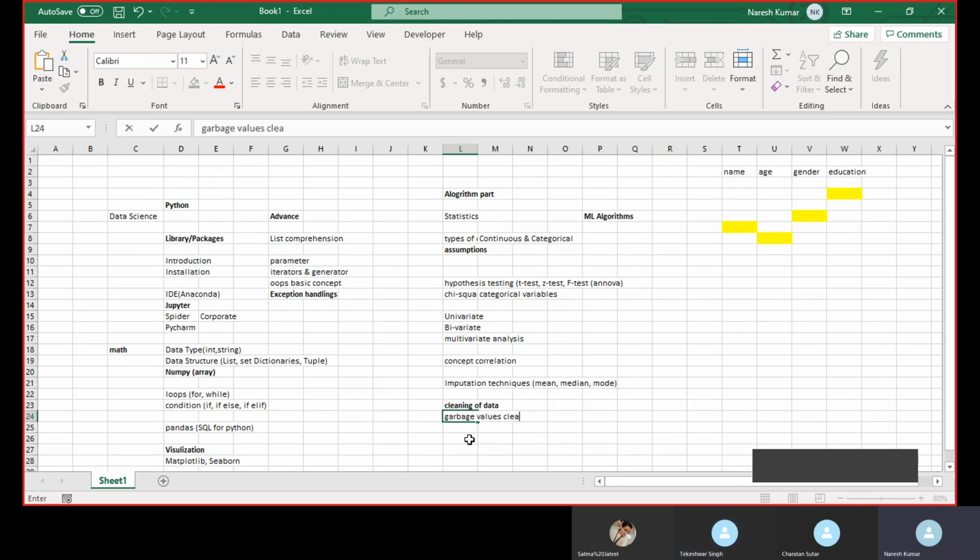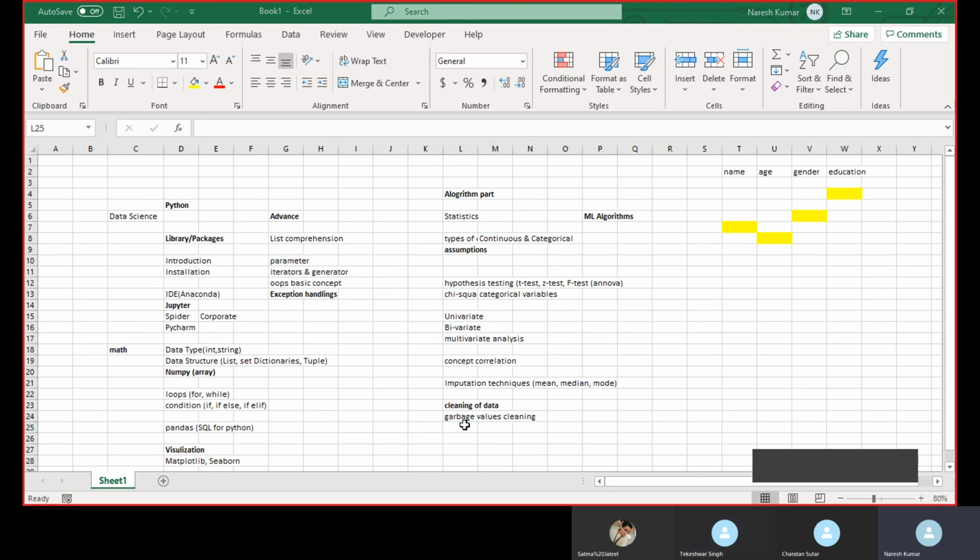For example, if a variable's data would come only after 2 weeks, sometimes the data team just puts 9999 for that time, because we will not have that data. But if we pull our data from the database and get such values, it won't make any sense during prediction, because age cannot be 99999. Sorry, gender cannot be 99999. So we have to do this kind of cleaning while doing the data pre-processing steps.